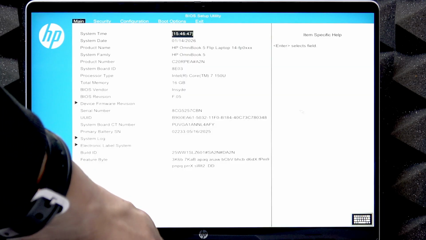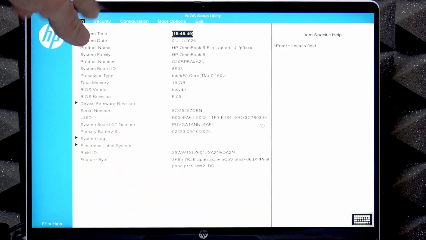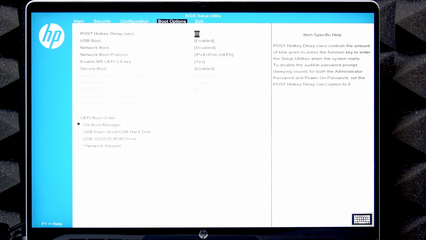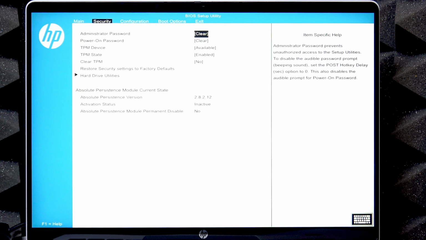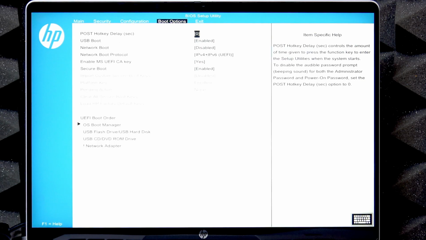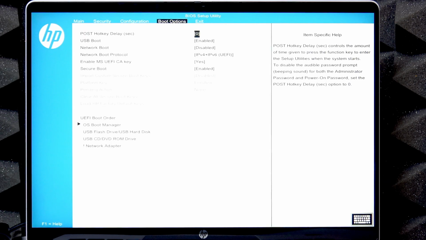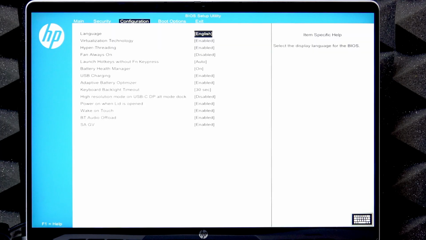You can either use your touchpad to select, you can use your touch screen, you can use arrow keys at left and right to navigate between tabs, and up and down to navigate between options. And this way we're gonna have to go to the configuration menu. In configuration menu, we'll be able to find keyboard backlight timeout option, which is set to 30 seconds